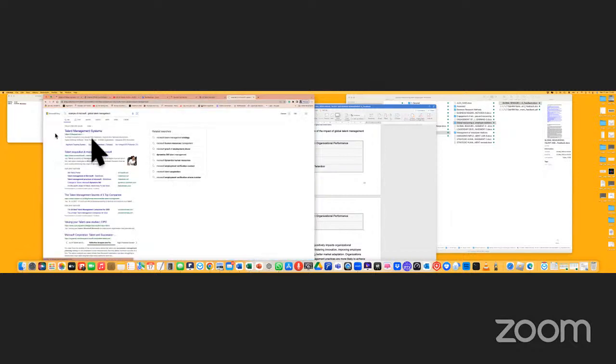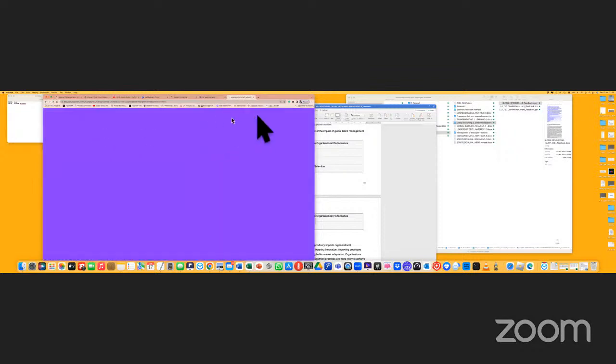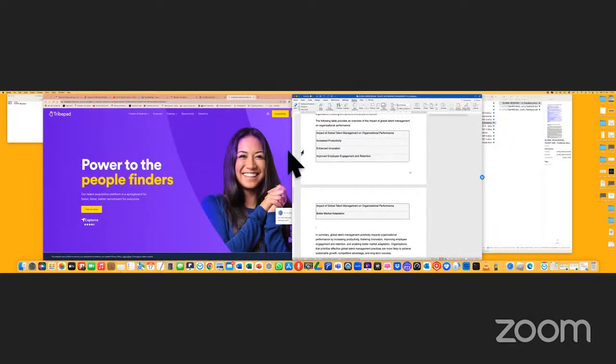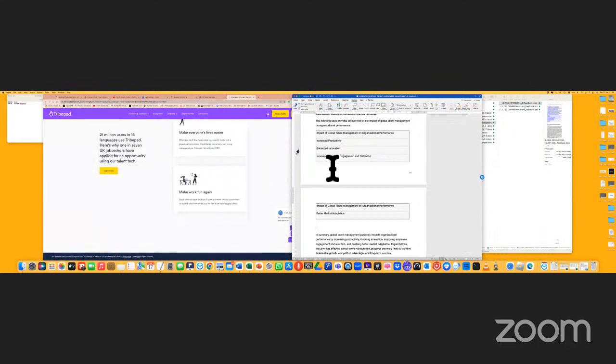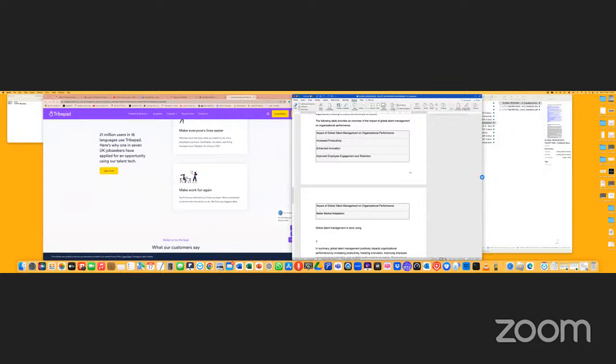Just taking some relevant text as of now. So if I look at talent management systems here and maybe take some text from it, and then what I want to do at some stage would be, when I look at taking, say, an example of a text here, that global talent management is done using, number one, software. So forget that.